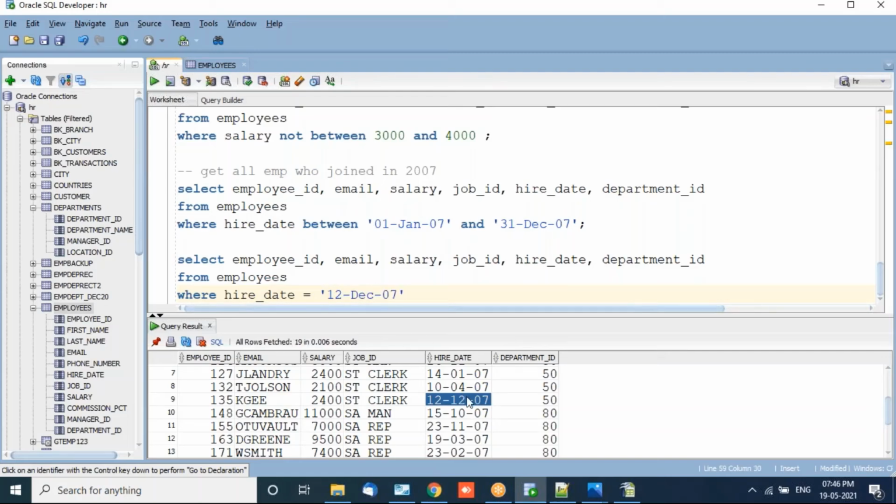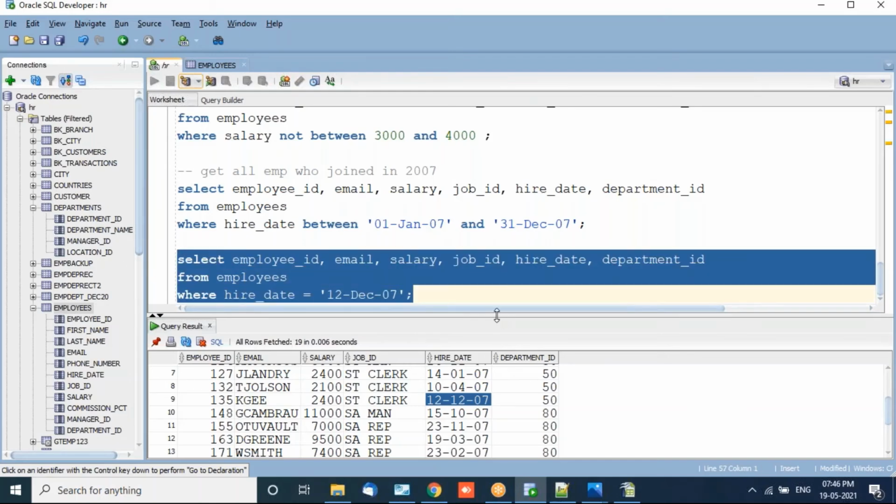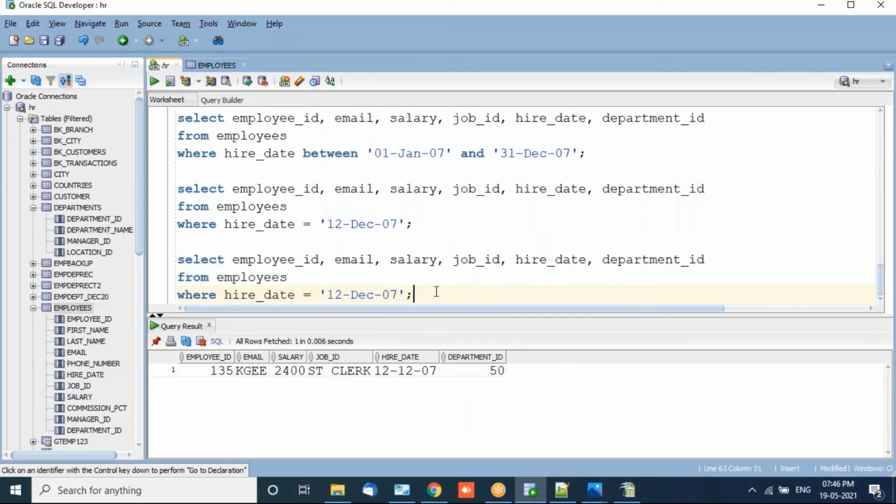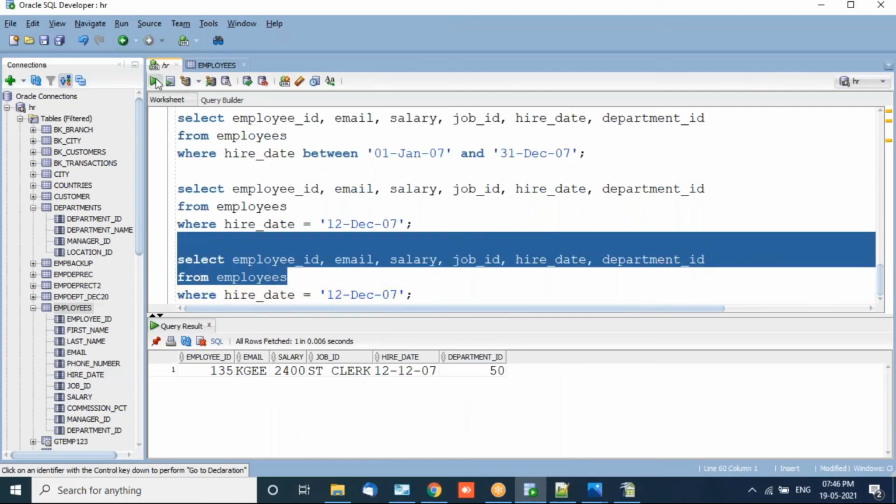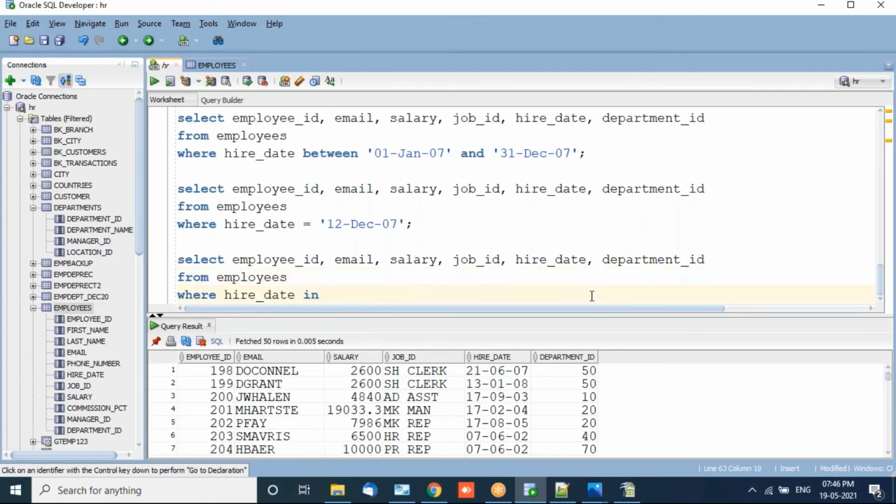Either this format or that format, both are fine for an exact match. Got it? If you want a range match, so multiple match, with in, I'm giving this. Either you write 09 or you write September, both are fine. This is June.